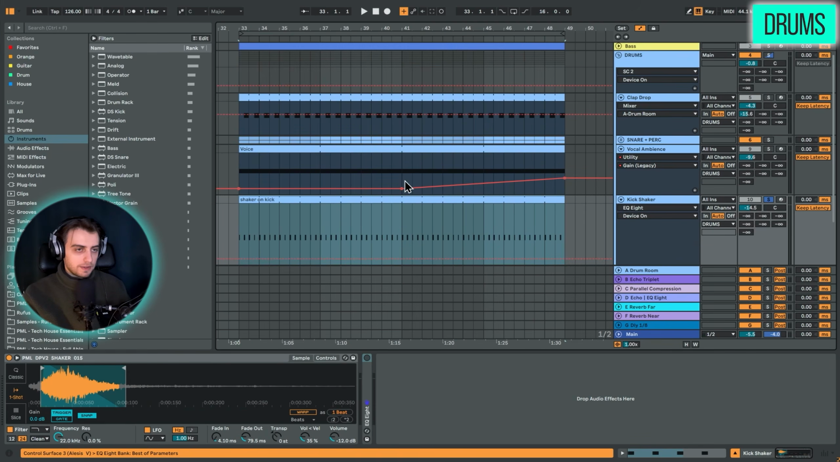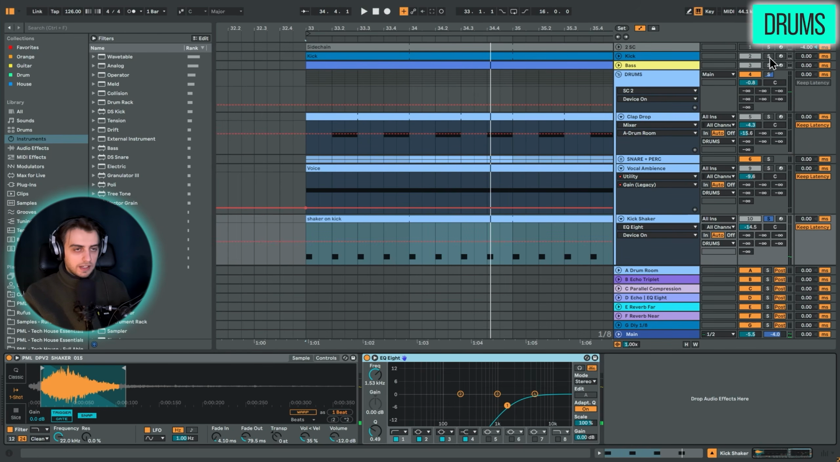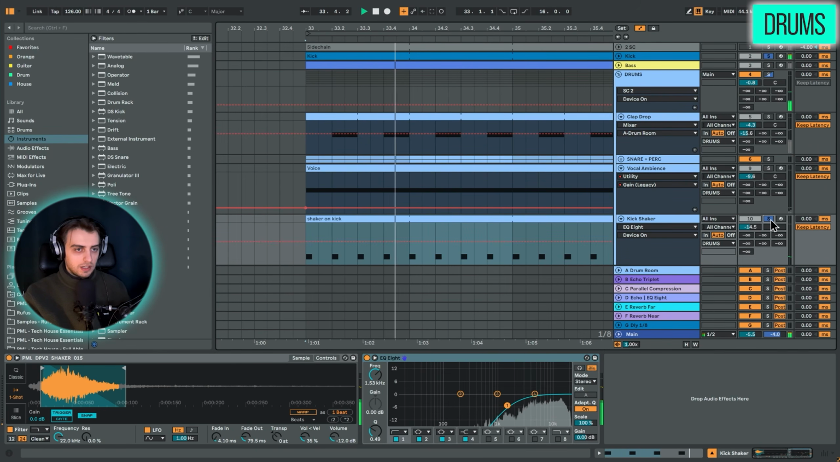On top we just have a kick shaker, and this kick shaker just plays along with the kick drum and adds a bit of an organic feel. This is what it sounds like. You've got EQ on top, and with the kick drum, without it, the kick drum sounds a bit more aggressive, and with the shaker, it just makes it sound